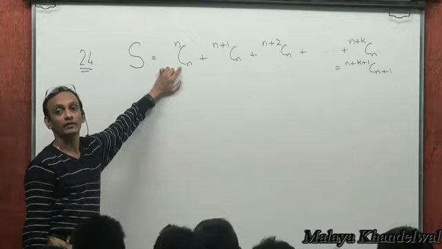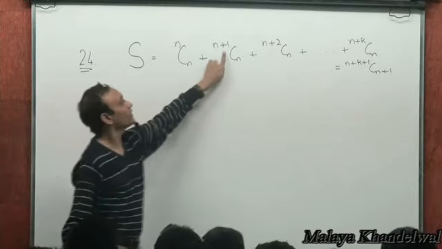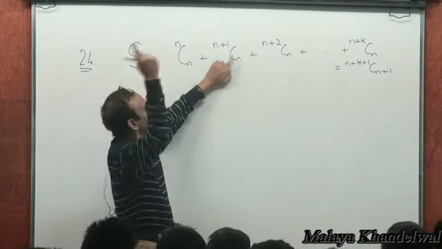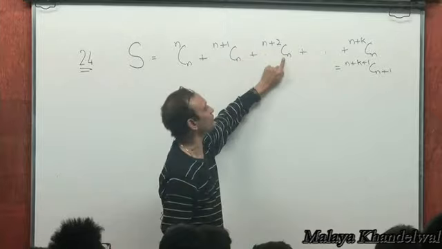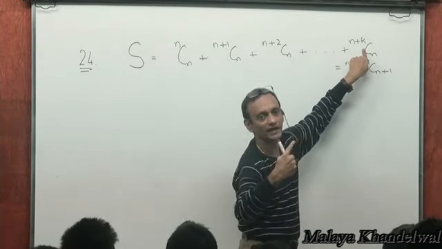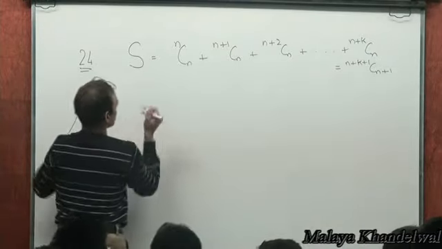What is NCN? Coefficient of what in 1 plus x power n. N plus 1 Cn is coefficient of x power n in 1 plus x power n plus 1. So this S could be written as